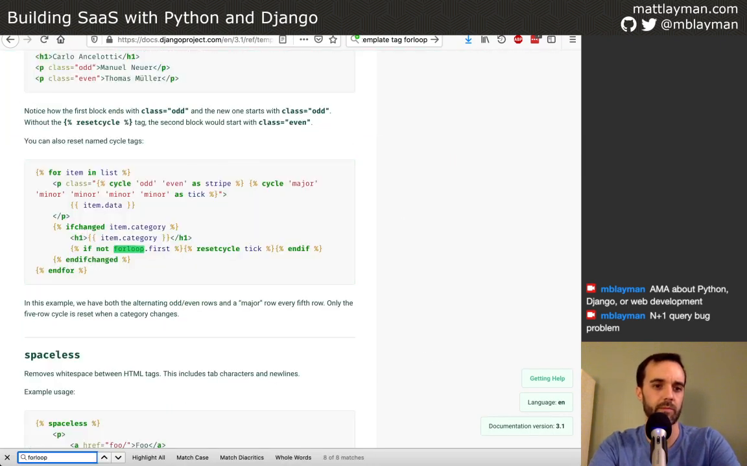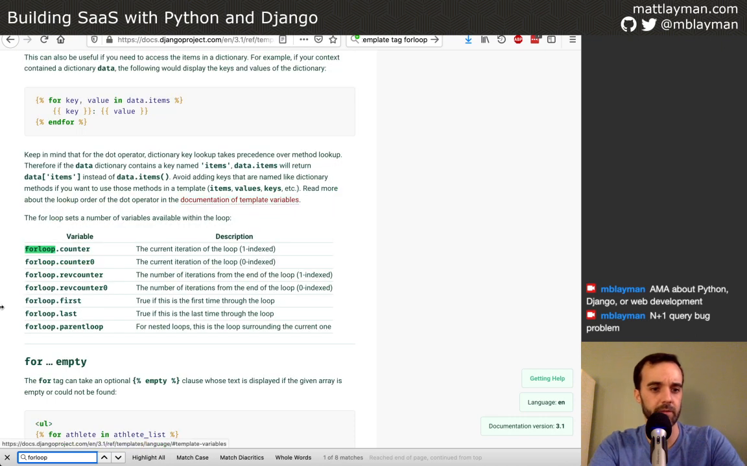For loop. Okay, cool. So these are all the options that are available to us from the template tag system. You can see I just used last, that was fine. The question that I'm trying to figure out is